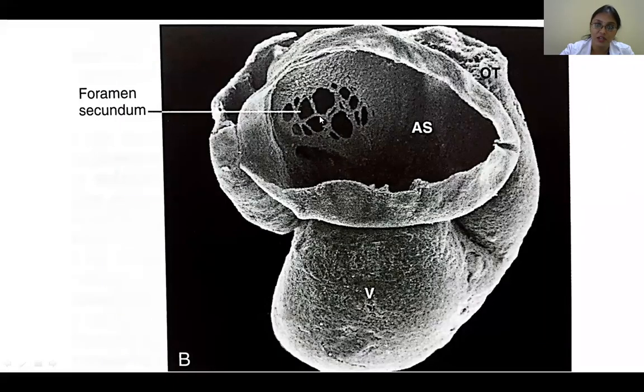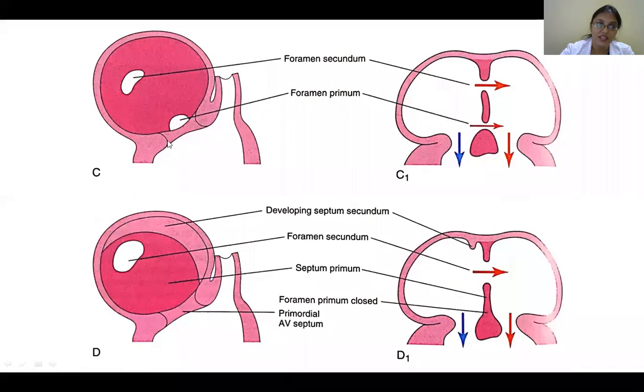So this is foramen secundum. As it has come here, again here, and then this comes and meets. And now just beside it, another septum begins. This is the septum secundum. So septum primum, this is ostium primum, this is ostium secundum. Then the next one is coming, that is the septum secundum here, and that tries to grow like this, and this is much more muscular compared to the septum primum.